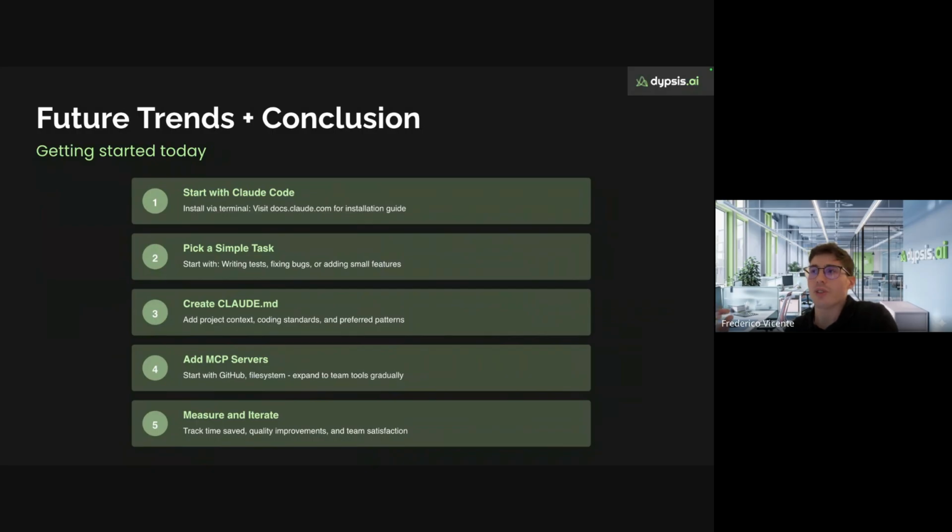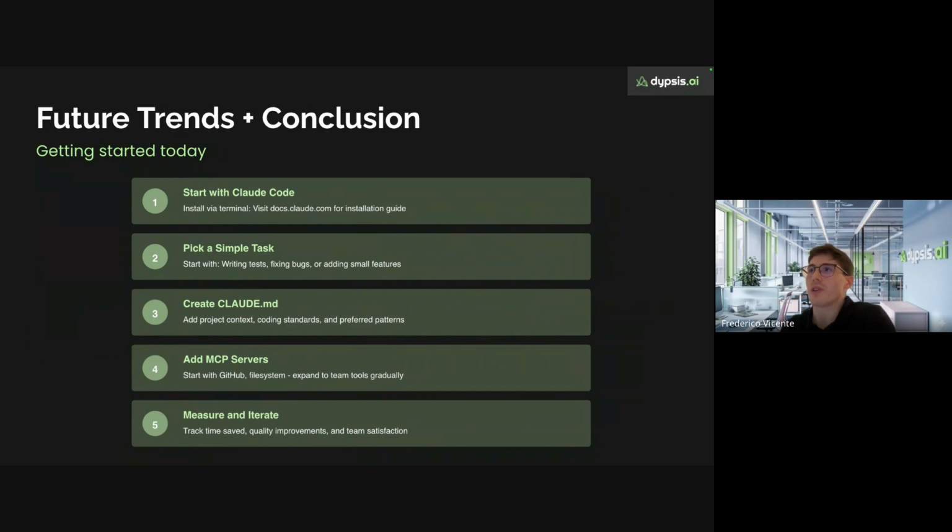Always create a CLAUDE.md file, because the CLAUDE.md file will always be provided to the conversations, and it can help the agent have a better understanding of the code base and your standards and patterns of development, so it's very powerful. If you require, and even out of curiosity, you should start adding some MCP servers if you feel like they are needed. For instance, add MCP servers for accessing up-to-date documentation, or other tooling that you feel is important. And start measuring if it's really helping you or not, if it's providing you some good utilities.